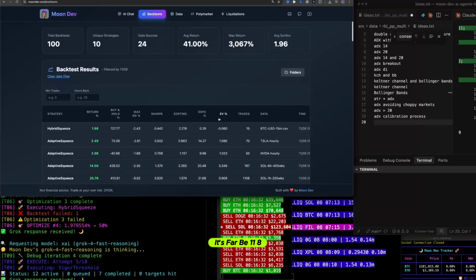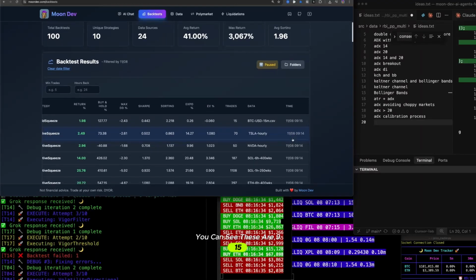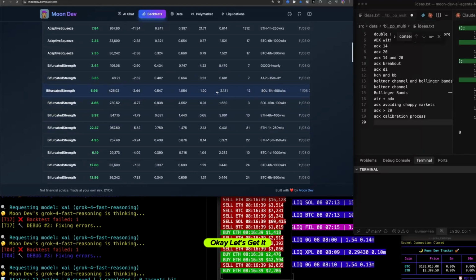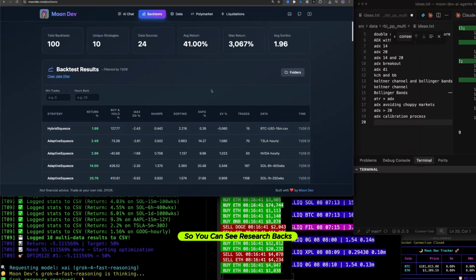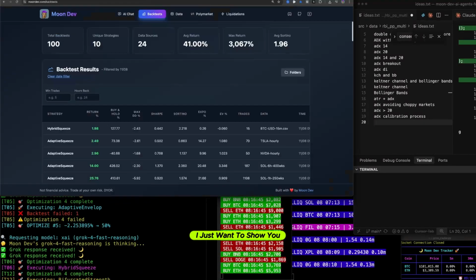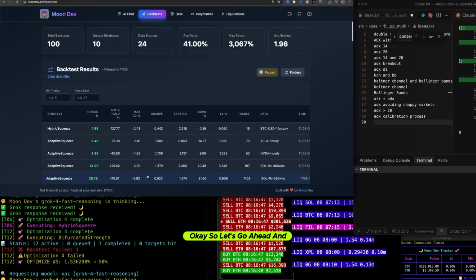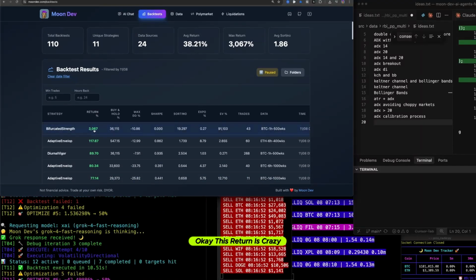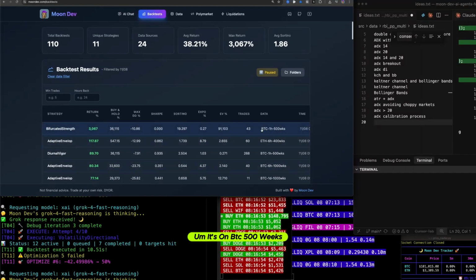It's fire, B. 11.8, you can see these are 9.15. Okay, it's 9.16, 9.14, 9.14, 9.14. Okay, let's get it. So you can see research, backtest, implement. Like I said, I'll give you this notion at the end. I just want to show you the full process here. Okay, so let's go ahead and see. Okay, this return is crazy. It's on BTC 500 weeks though, so